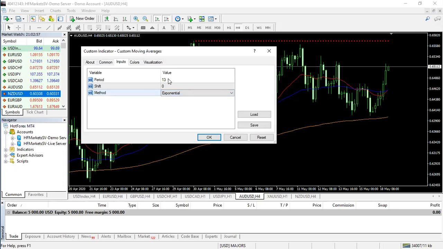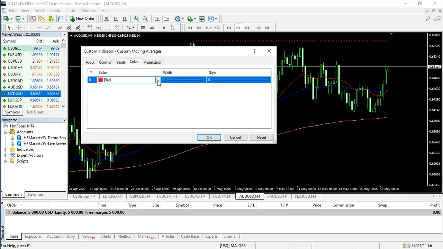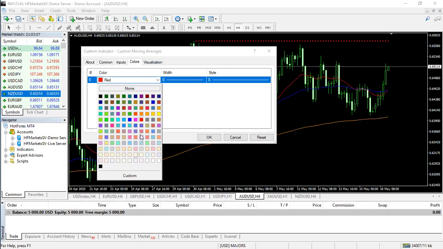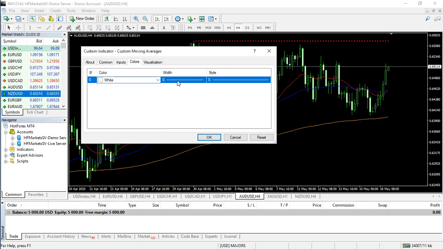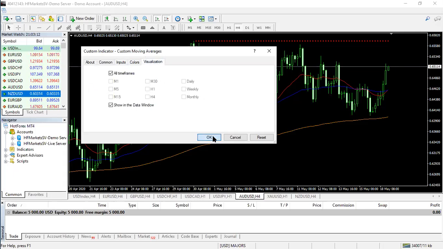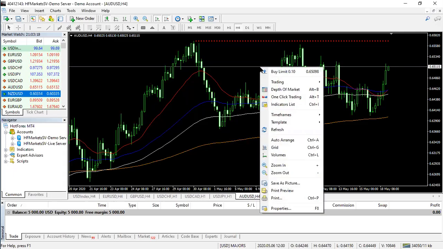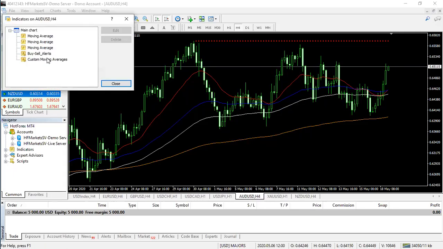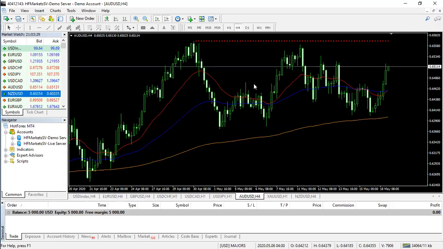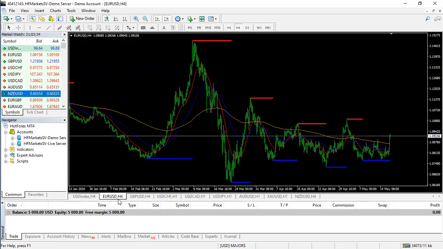I use exponential. We'll use, let's see, 80. Okay. Then color, we're going to choose which color? White. So we're going to use white. Then okay. Then there you have it. Okay. If you want to delete, on your chart indicators list, custom moving average, whichever you want to delete, and close. Okay. So using moving averages right now is not the best time, but basically what happens is